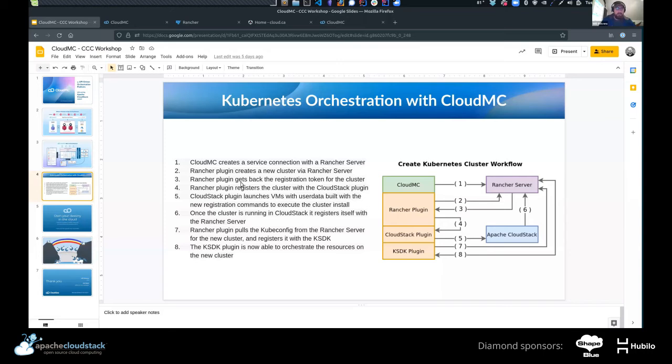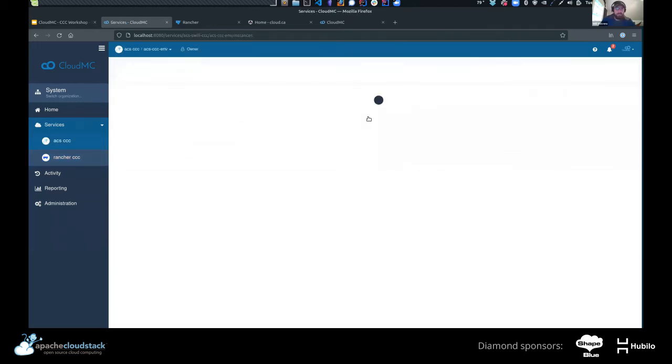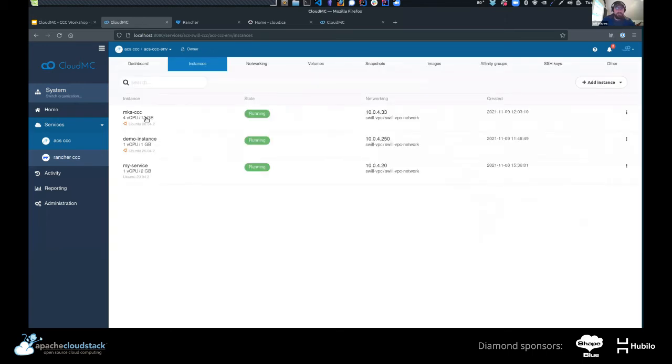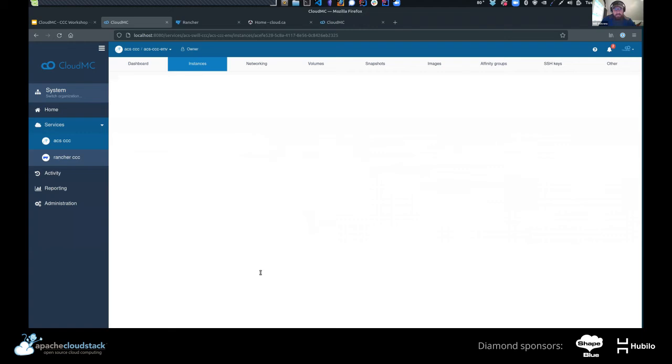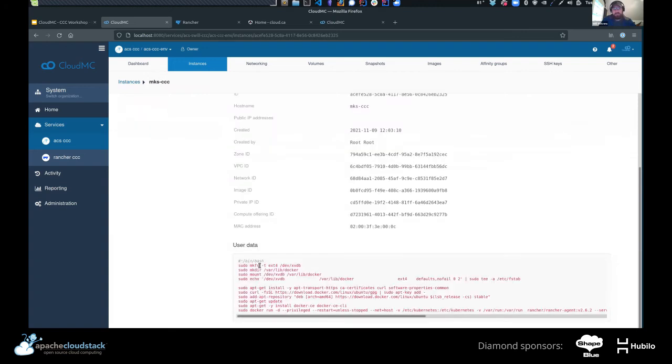So here you'll see that it is still currently in provisioning. Let me jump over to this environment, and you'll see that my cluster is coming up as we speak. And if I look at this, you'll see that we provisioned a lot of different things in the user data as we did this.